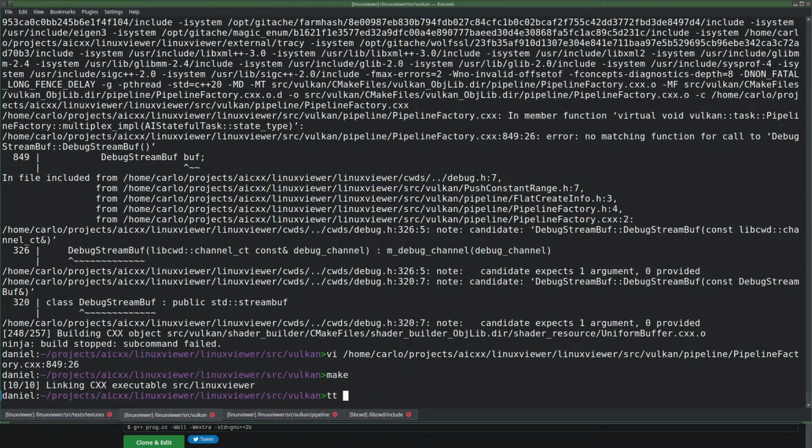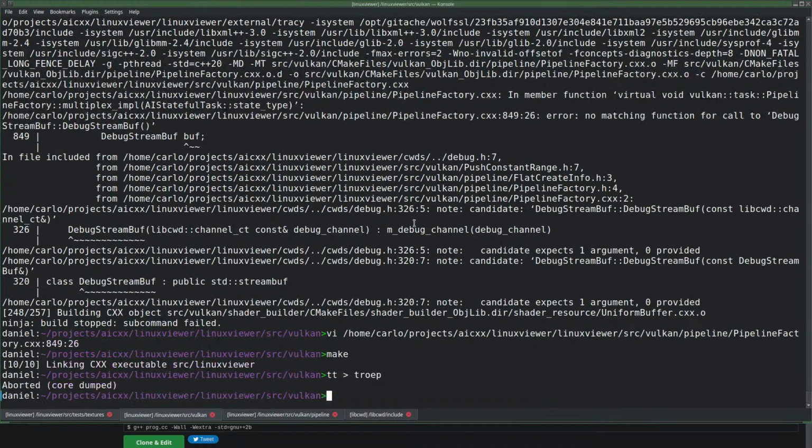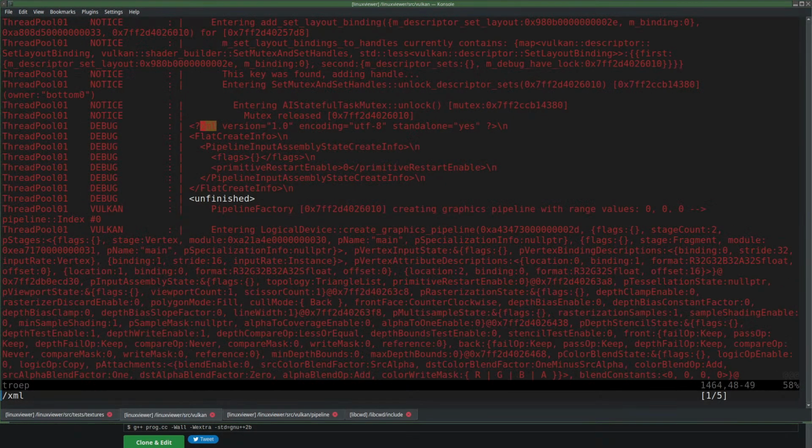Yay. Finally, now I could grab it. So now it writes indeed to channel debug.